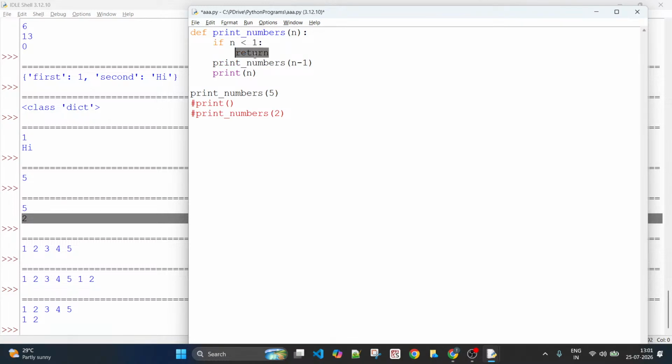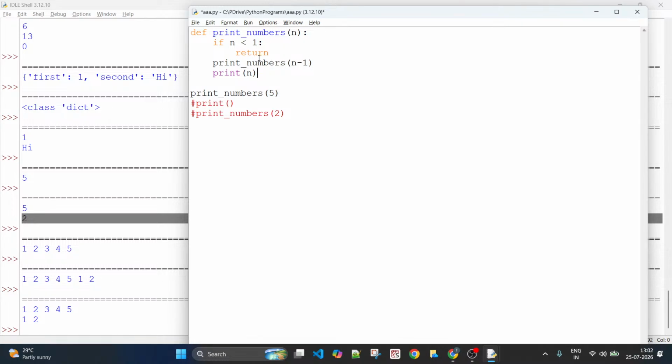It returns. But remember, hold on. Where does it return? It returns to the statement immediately after the calling statement. So this was a calling statement with value of 1, right? 1 minus 1, 0, right? So that return comes here. Now it is time to execute the leftover statements. But remember, at that point of time, n was 1. So 1 will be printed now. After that, you have completed. But there were a couple of calls that you have been called with: 2, 3, 4, 3, 2, and 1.